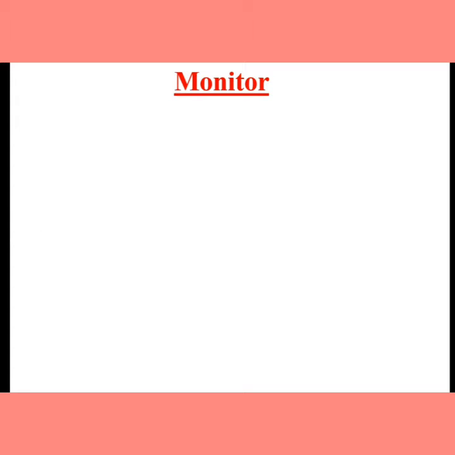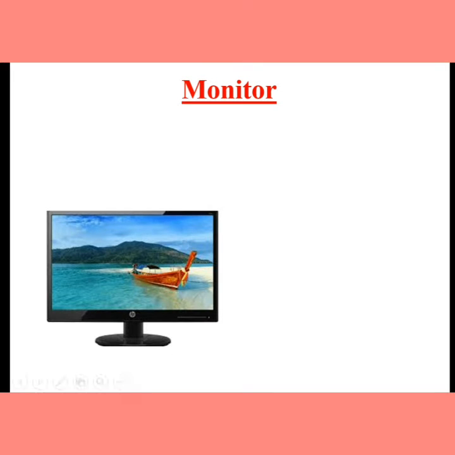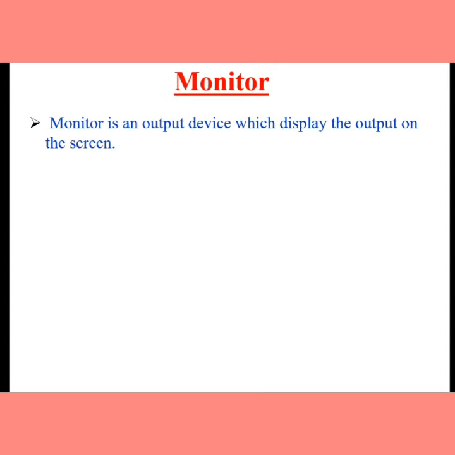See, this is the picture of the monitor. Now how does it look? It looks like a television. বাড়িতে যে আমাদের টিভি থাকে, টেলিভিশন থাকে, ঠিক এরকমই দেখতে হয়, like a monitor. So this device is called monitor. Now the monitor is an output device which displays the output on the screen. মনিটর স্ক্রিনে কি করে, যে কোনো আউটপুট অর রেজাল্ট অর ইনফরমেশন ডিসপ্লে করে কম্পিউটার, ওকে? Now the monitor is called VDU or visual display unit.